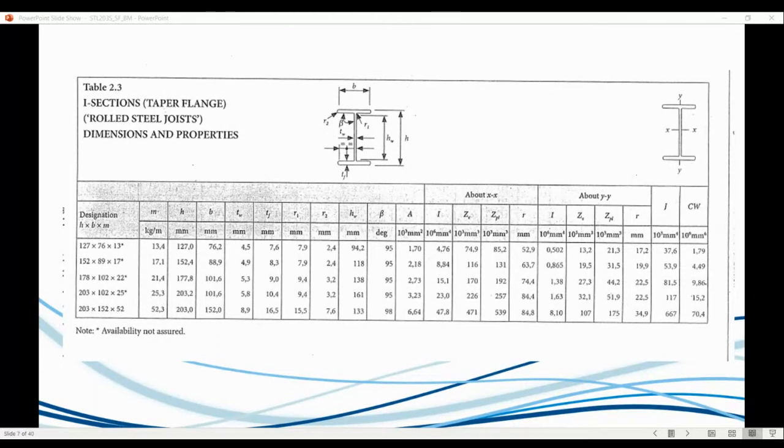Okay, got something here. Got some of these Chinese material certificates. That may be good enough. It's just one way we can identify the section. Nevertheless,